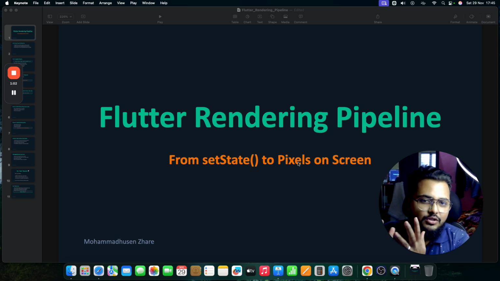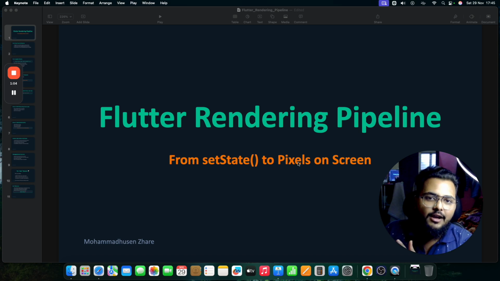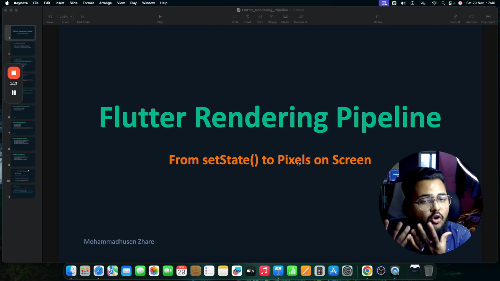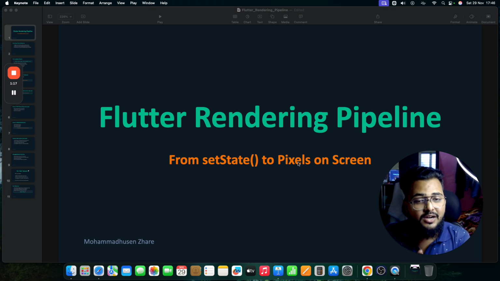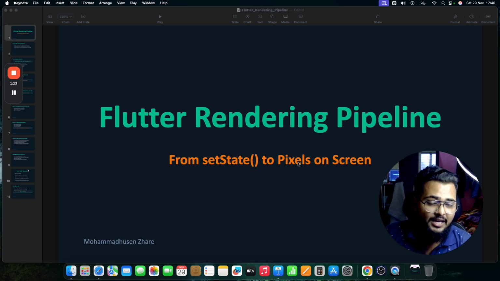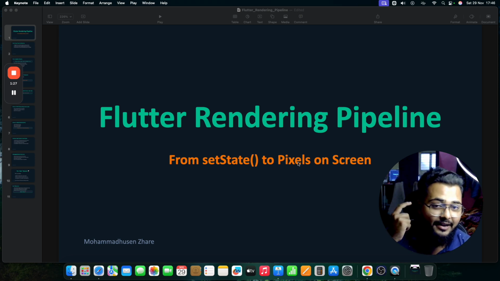Things should not happen like one device is supporting the application and another device is not. Such things should not happen, and some bugs which we cannot see in the emulator will be seen in the release mode, when we use that APK on our real device after running the command flutter build apk release. Okay, I hope you understand what I'm trying to say.